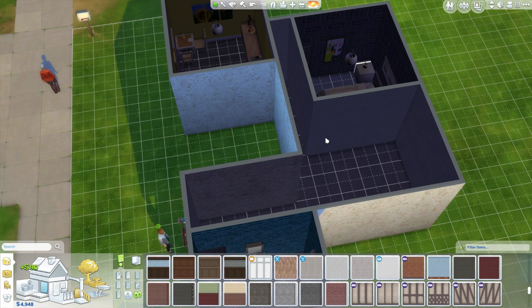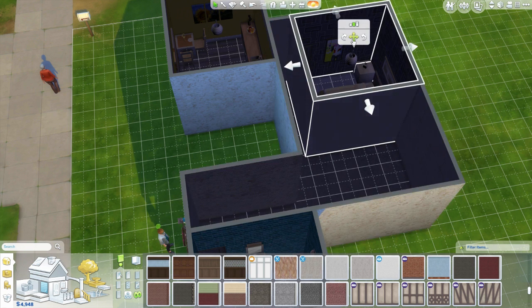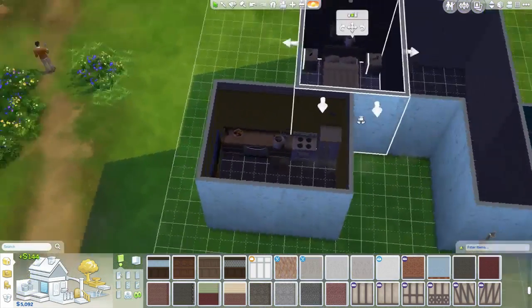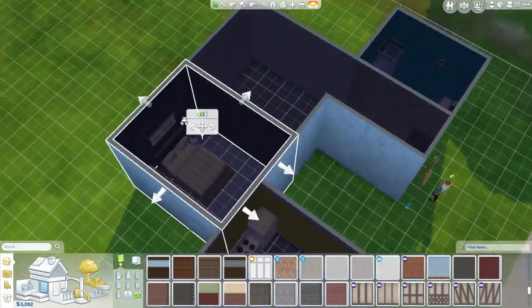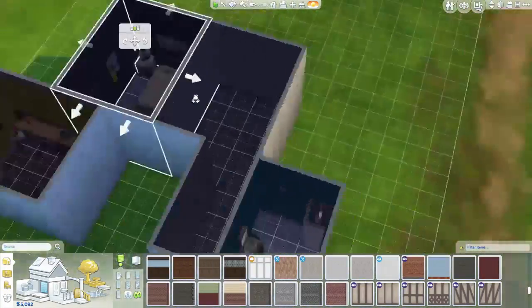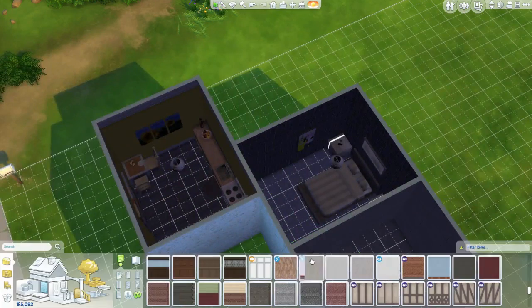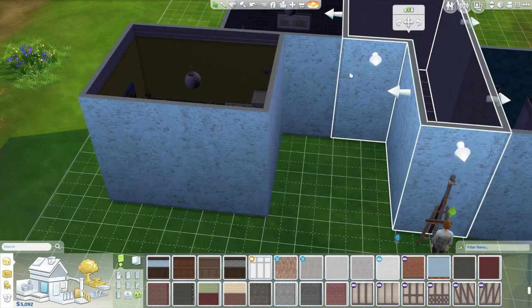And then what we're going to do is extend this bedroom one piece, okay? So if we extend this bedroom one piece over, boom, perfect, nicely done bedroom here. It's even a little bit longer now, which is nice for, I don't know, activities. Okay, so now what we're going to do, we don't need this door. It's awkward. You don't need a side door, but we do need a door into our bedroom. So boom, right there, and that's gonna lead into our bedroom,